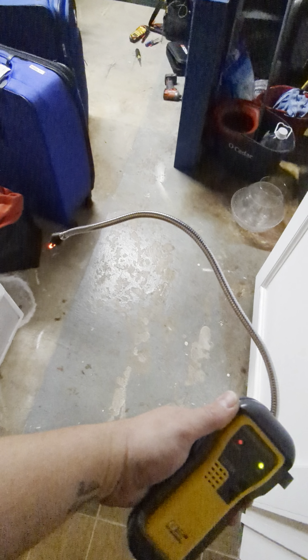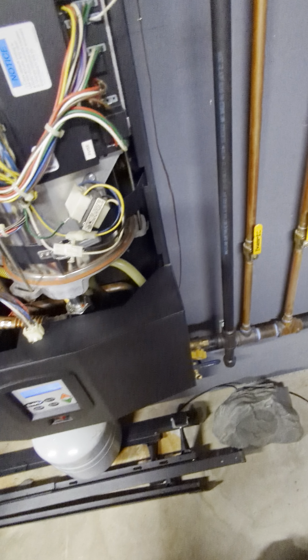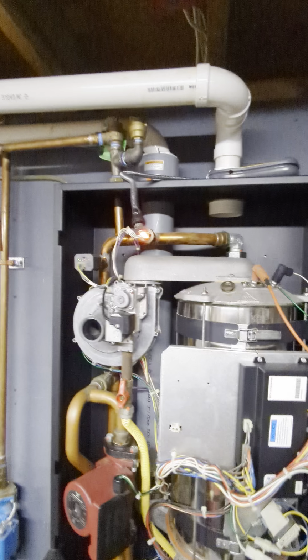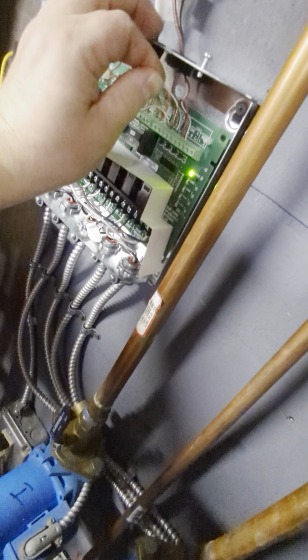This tick you hear is a combustible gas detector, basically a natural gas detector, propane detector. It starts to blink more rapidly as it smells gas. What you're going to notice if I place the sniffer right there and I fire the boiler, which I'm going to do by jumping out a zone,